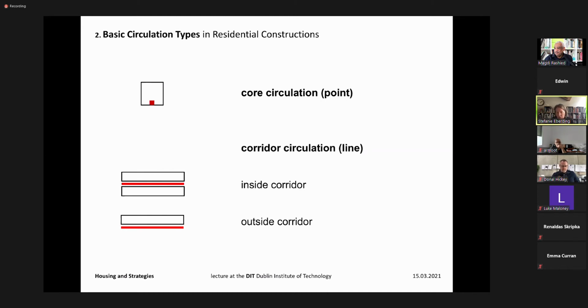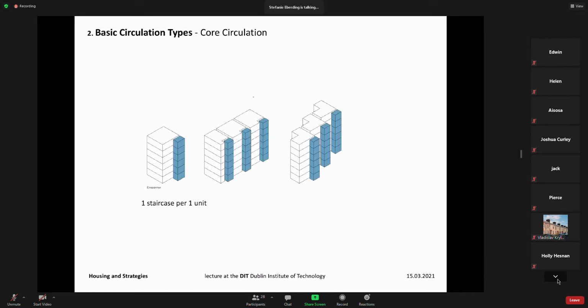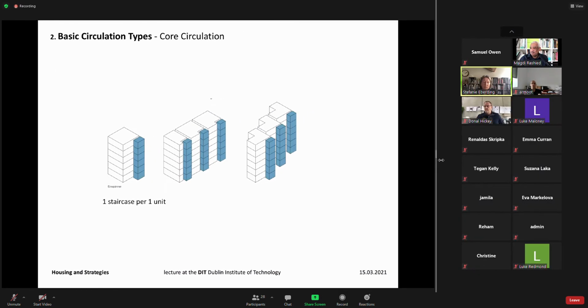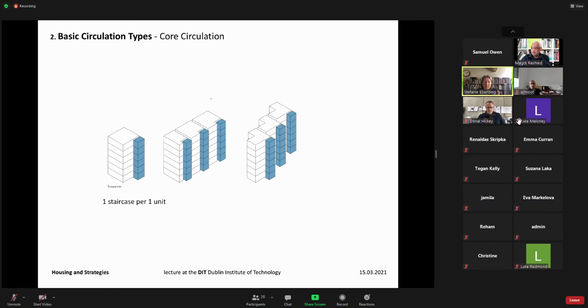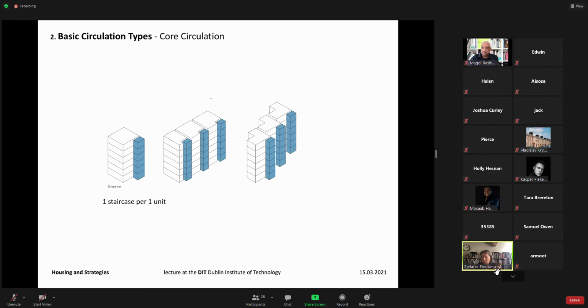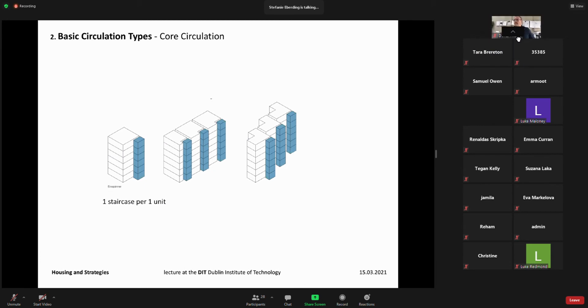Versus the corridor circulation, like the linear circulation systems in housing, with, for example, an inside corridor and an outside corridor. Like the core circulation, you have different types of core circulation, like, for example, the one staircase per one unit. So you access with one staircase, like on each level, one unit, which is not a very economic